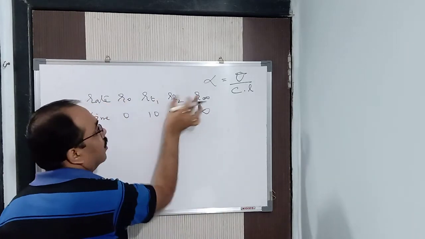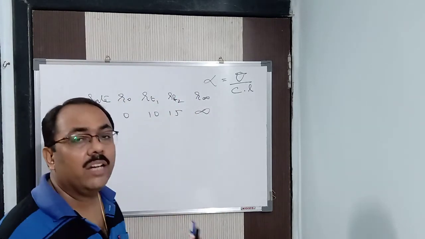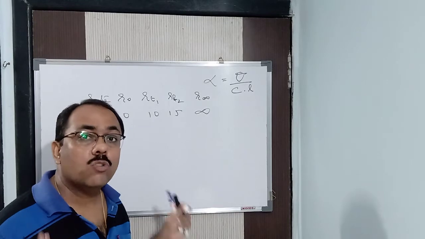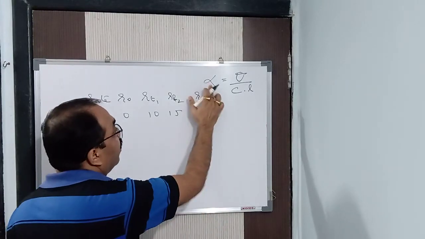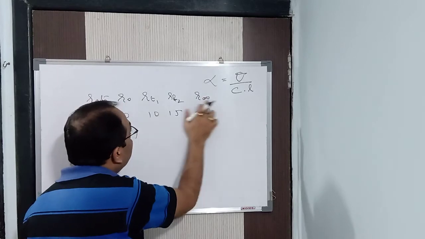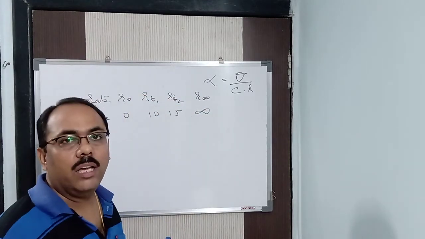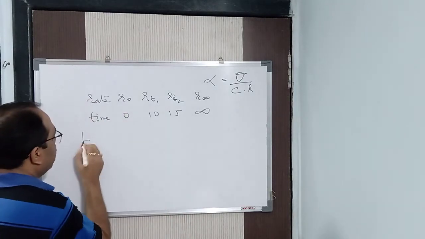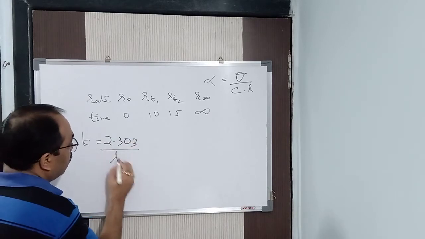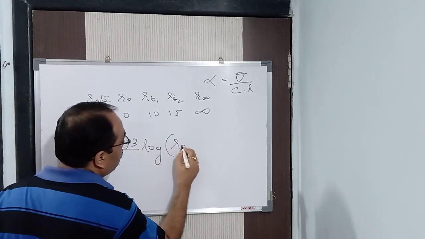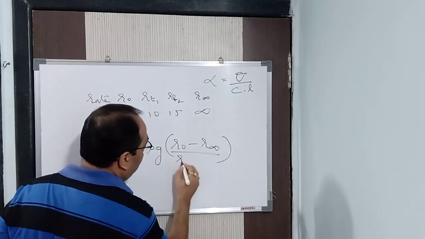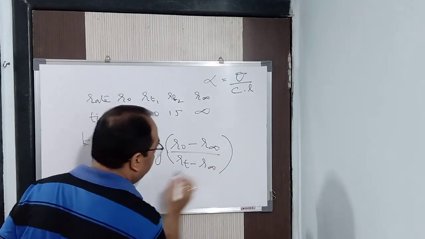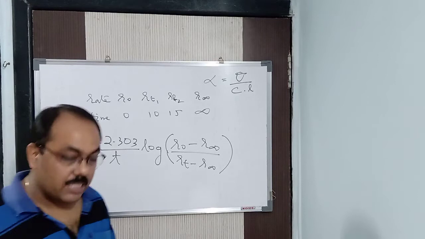This value actually gives here the rate of the substance. Try to understand. I am talking about optical isomerism. In optical isomerism, this gives you the rate of the reaction. This particular value, which will be written here, will be given in terms of degrees. So that value I am going to put. So let me tell you then what is the value of K. K is equal to 2.303 by T log R0 minus R infinity by RT minus R infinity.